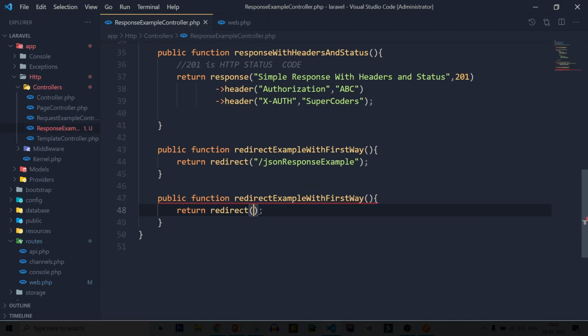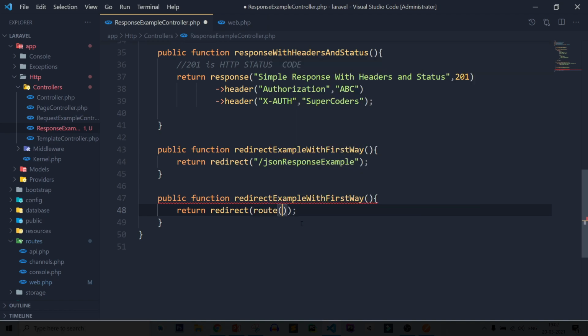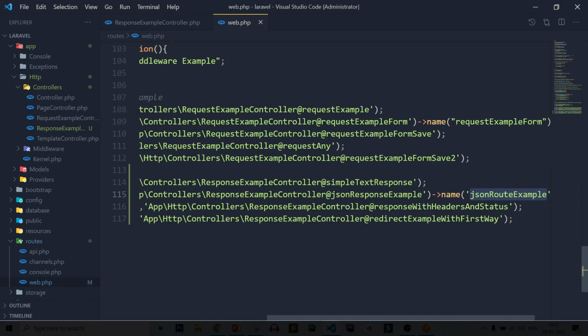Now after that, here you have to pass your route name. So route, pass your route name. After that save this page and change it to second way.